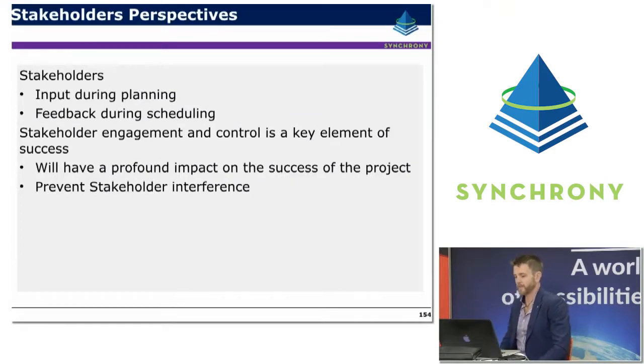So the idea is with stakeholders getting their input as much as possible during the planning process, ideally even engaging contractors and getting contractor input into the planning process, though sometimes that can be difficult with certain probity rules and things like that. But yeah, and then getting the input during the planning and then feedback during scheduling and control. So scheduling and control is about continuous feedback back to the stakeholders, incorporating their feedback and rolling it back into the plan. So stakeholder engagement is basically the key.